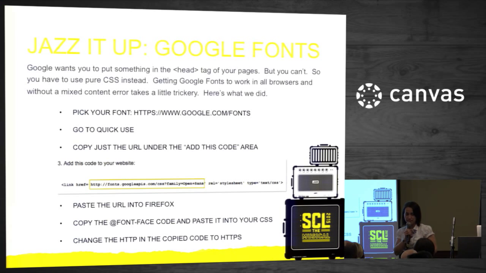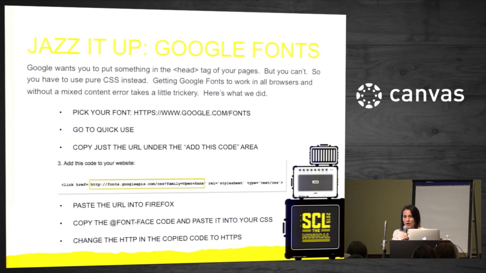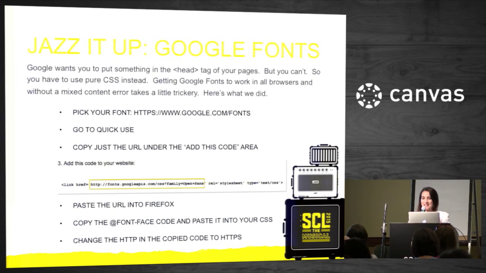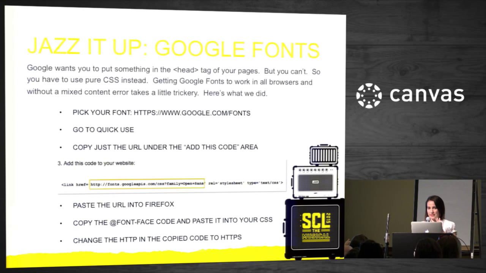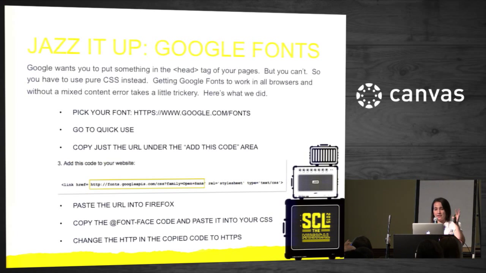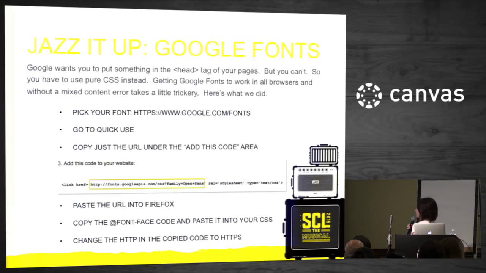So the steps that we use to do this are you would go to the Google Fonts website, and once you're there, you'd navigate through, find the font that you like, and then you would select the Quick Use button for that font. And that will bring you to a page that tells you all the generic things about how you would use that font. But instead of looking at any of those things they tell you, you're gonna do one thing. You're gonna go to the area where it says add this code to your website, and you're gonna just grab that specific URL that I've highlighted there. You don't need that whole bit, you just need the URL.